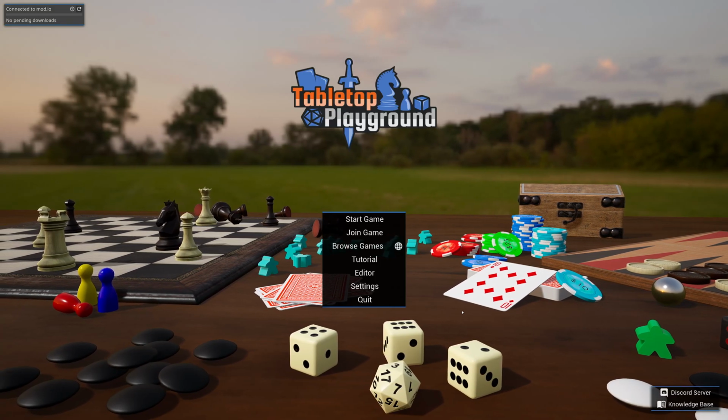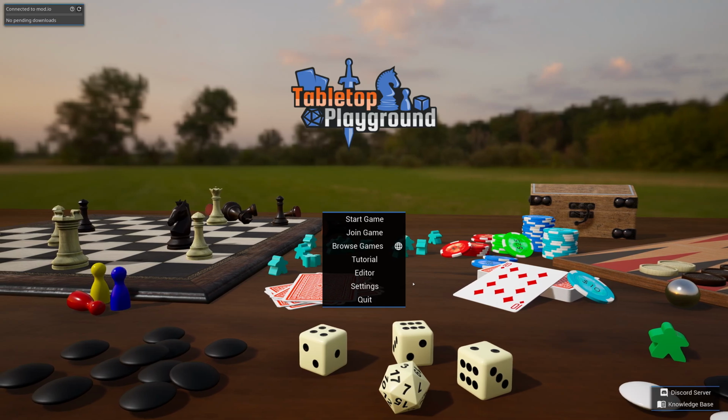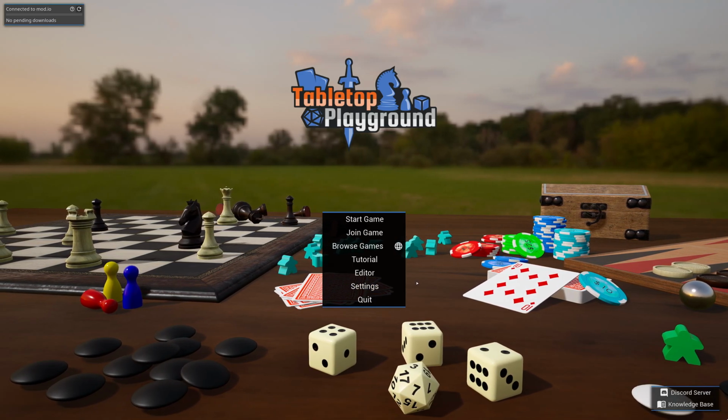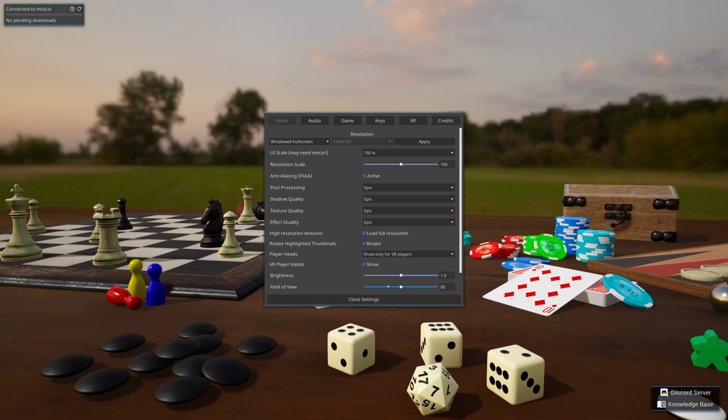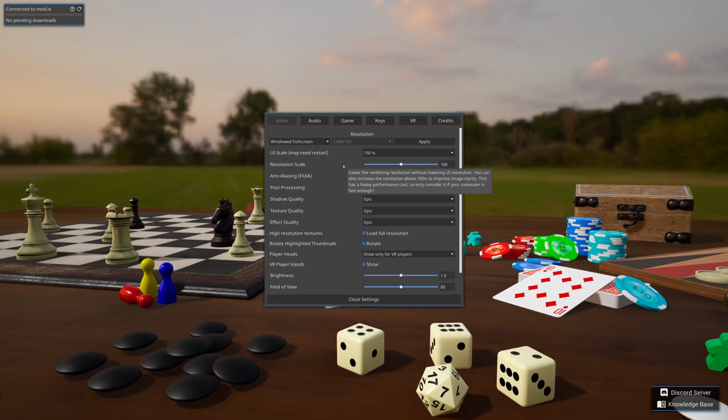First, this is pretty much a brand new install of Tabletop Playground. I mean, I've got my subscribed mods, sure, but I have nothing in the editor, and the settings have already been changed that I would be making. But